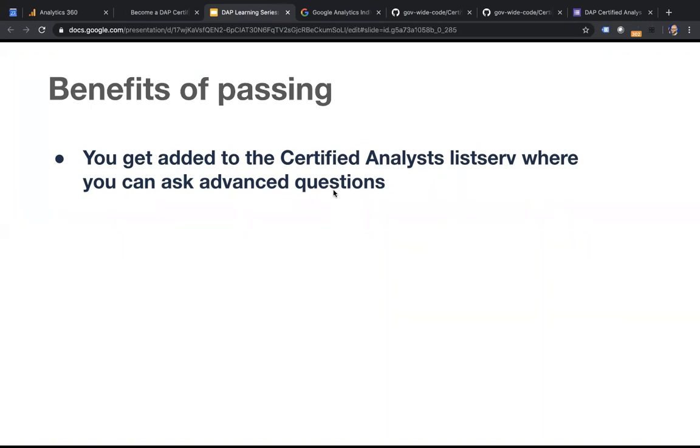But we don't often find that folks ask questions and try to crowdsource answers because there are like 3,000 people on the DAP listserv. As opposed to the Certified Analyst listserv, where I think we have right now somewhere along the lines of 30-something people who have passed the test.